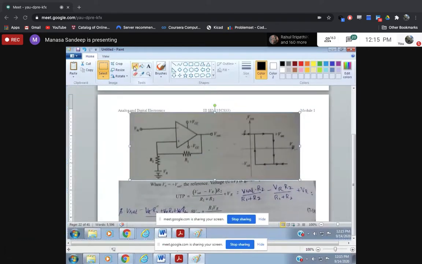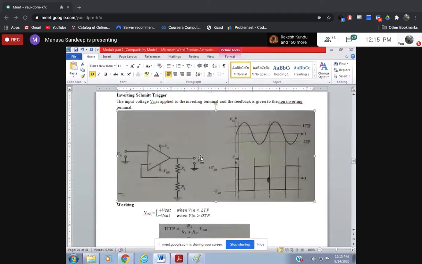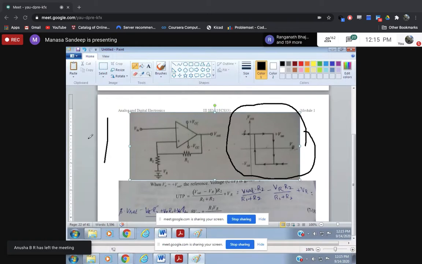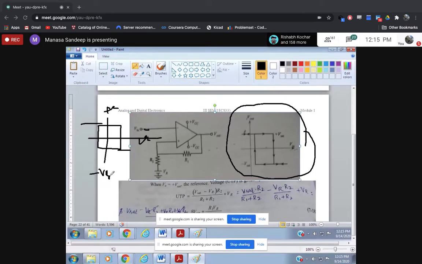So guys, this is called the hysteresis. For the circuit we have discussed, how do you get the hysteresis? This is how the hysteresis is going to look. It will be centered at the origin. What does it tell? Here you have plus V saturation, here you have Vi, and this is minus V saturation.